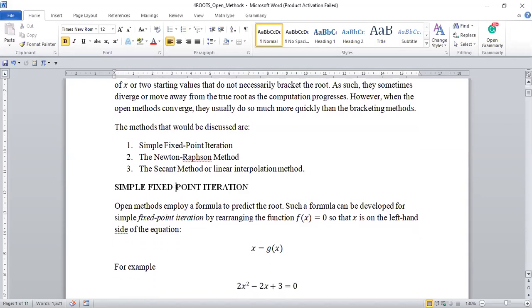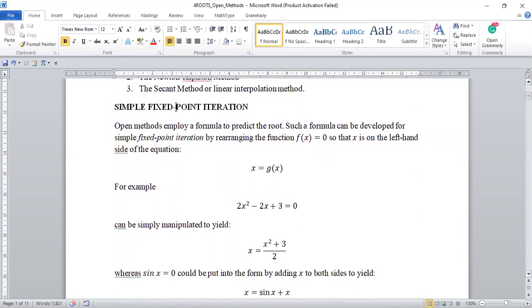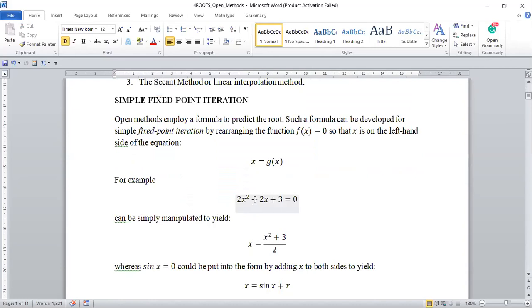In the simple fixed point iteration, I will just start with an example, but the first thing to note is that you just have one guess. This is in contrast to the bracketing methods where you have two guesses. So you have only one guess. I'm going to explain it using examples. So for instance, if you're given this equation and you are asked to find the root using the